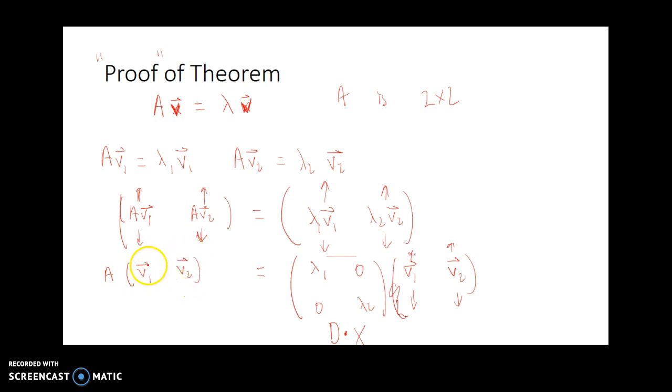Normally what this would mean is V1 would multiply by the A matrix and V2 would multiply by the A matrix. So really think about this as a matrix multiplied by another matrix. And so this again is the eigenvector matrix, and I'm going to call that X. So this is AX equals DX, and provided that X is invertible,